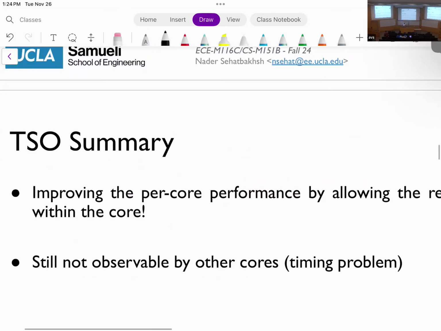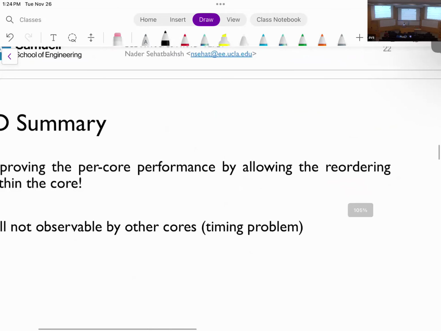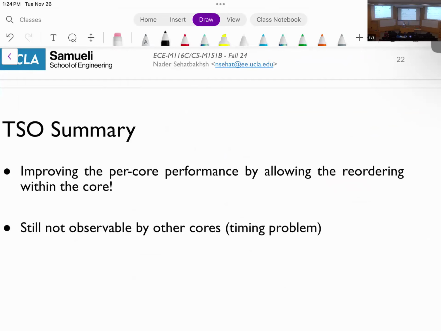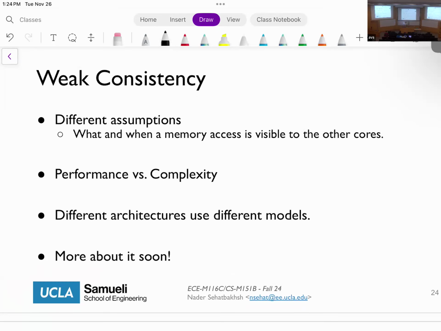Great. So summary of TSO, essentially the idea in TSO is that we should be able to reorder our reads before writes. That gives us a significant performance boost. It will help in some cases for the stores, but it may not help in other cases because the load stores might also be reordered. Okay? There are other consistency models. Essentially, on all of them, there are different assumptions of what can be visible at which time, what orders can be done. The main trade-off is performance versus complexity, and here the complexity is the complexity of understanding the model from the programmer's perspective.